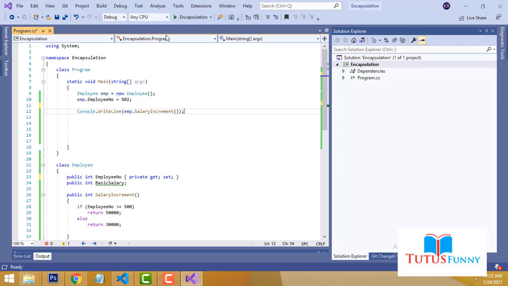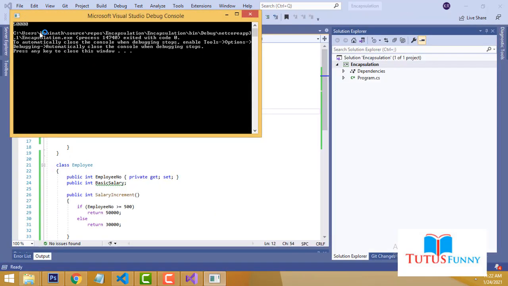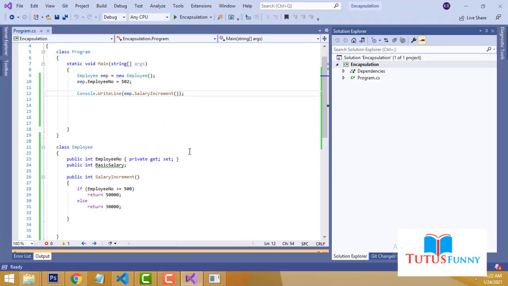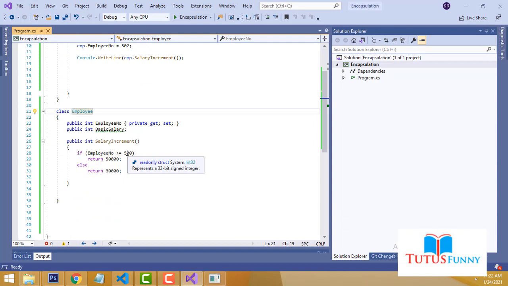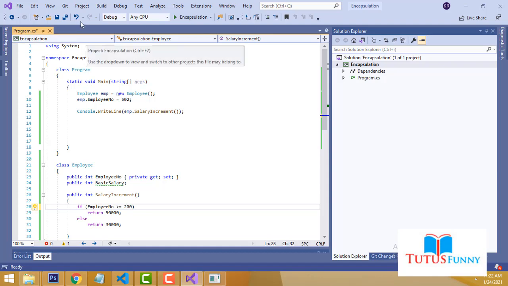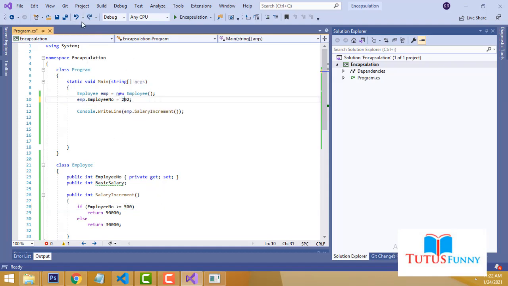Now let's check again the output. Now imagine I'm going to change the employee number to 200. What will be the output now? Sorry, not that, 202. What's the output now? Can you imagine?